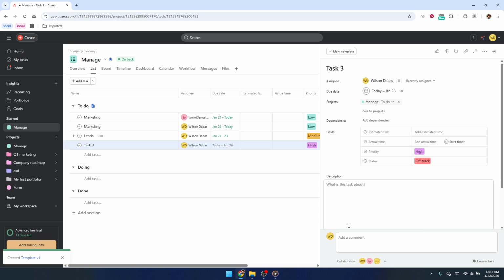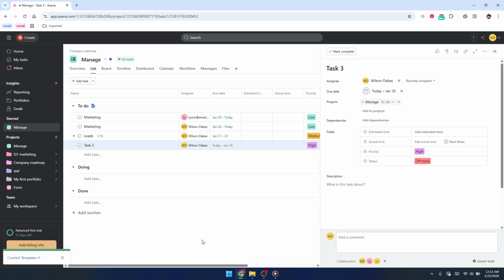Everyone you add will now receive notifications when the task is updated, commented on, or completed. They'll also see the task in their tasks or home views, depending on how they have things configured. This approach keeps one clear owner, while still making sure the rest of the team is fully in the loop. It's especially helpful for cross-functional work, approvals, or situations where multiple people need visibility, but you don't want to create